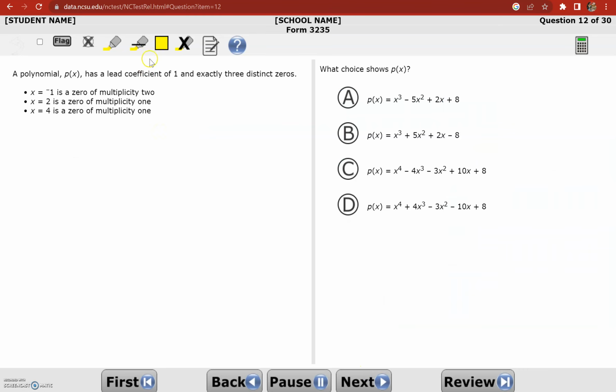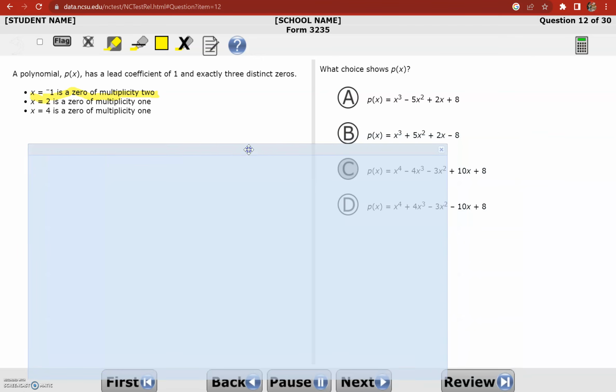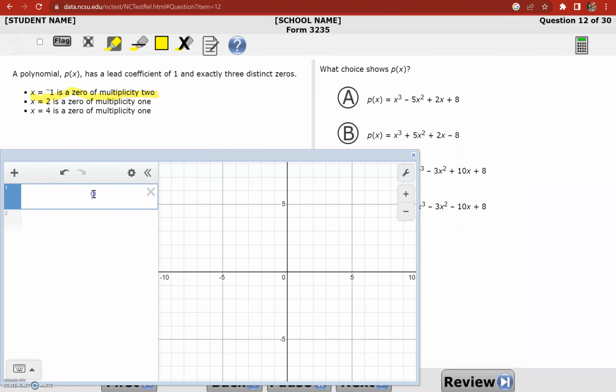All right, this one requires a little understanding of some vocabulary. Polynomial p of x has a lead coefficient of 1 and 3 distinct zeros. X equals negative 1 has a multiplicity of 2. So a multiplicity of 2 is a touch and turn on the graph, which I'll show you as we graph the possibilities. So I'm looking for one that has those zeros and it has a touch and turn